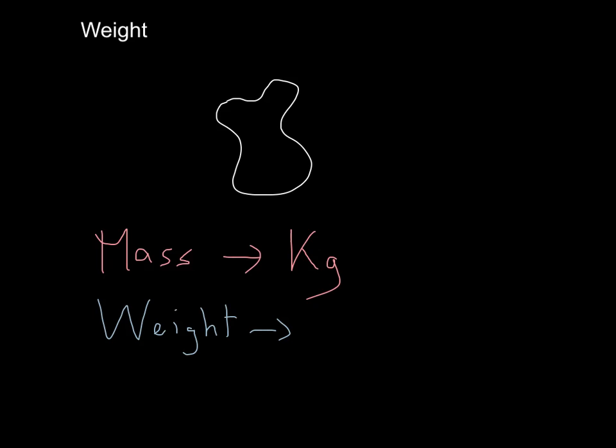So pause the video and say them out loud. Okay, hopefully you did as I told you, and you said that the units are newtons. Now remember, these are not pure units in the sense that they're made up of other smaller units. Now, you may remember from the IGCSE that force equals mass times acceleration, so newtons are actually made of units of mass times units of acceleration.